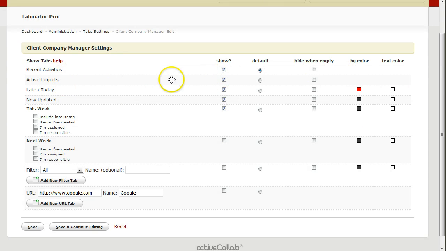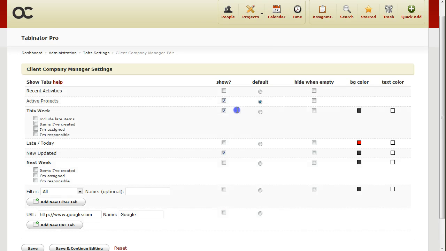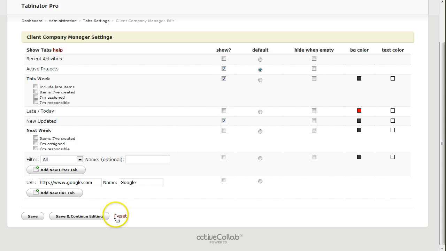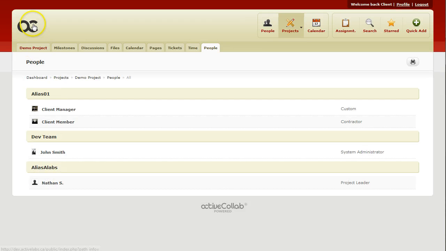And I can go in and I can say, okay, I don't want to show the recent activities. I just want to show projects. I want the project to be the default. And I'm going to turn off late today because that's not really relevant to them. And I'll keep the new and updated ones. But maybe I want to add a this week tab and I want that to be second, let's say. Okay. So when I hit save on this, and now when I go to my Firefox browser,